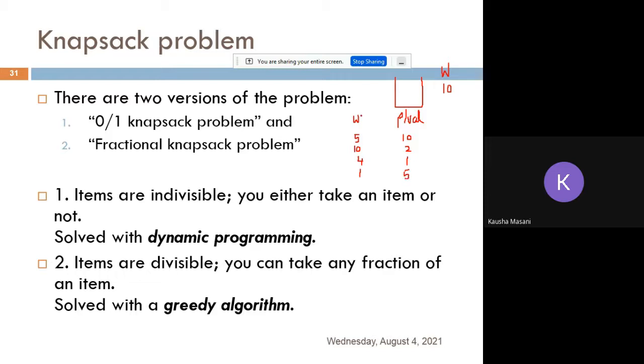Now, in this 0, 1 knapsack, 0 means you're not picking any of the item, and this 1 means you're picking the whole item. You cannot divide this item. This is what I mean by item. You cannot divide your weights. That 4 weights I'm going to take for profit 10 and 1 weight I'm going to take for profit 5, that you can't do. Either you are picking the whole of the weight, that is 5, or you are picking nothing.